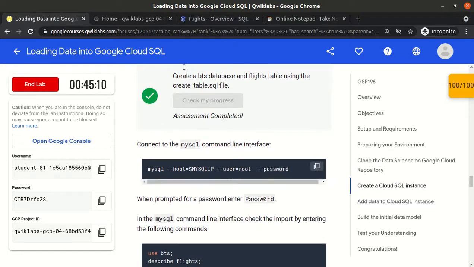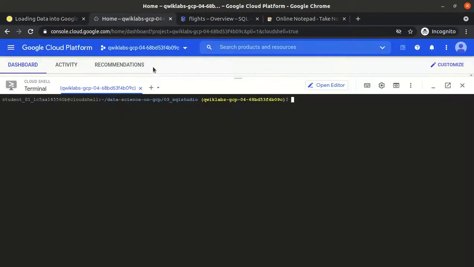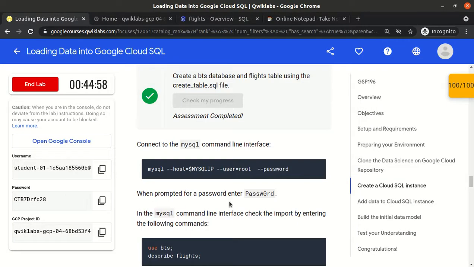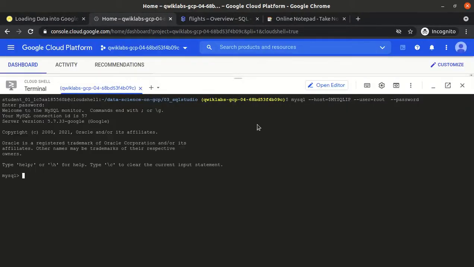So a very normal command: mysql, then the host we need to connect to, through which user and which password. So enter password. Enter. So we enter into MySQL and use the BTS database, because the name of the database is BTS.